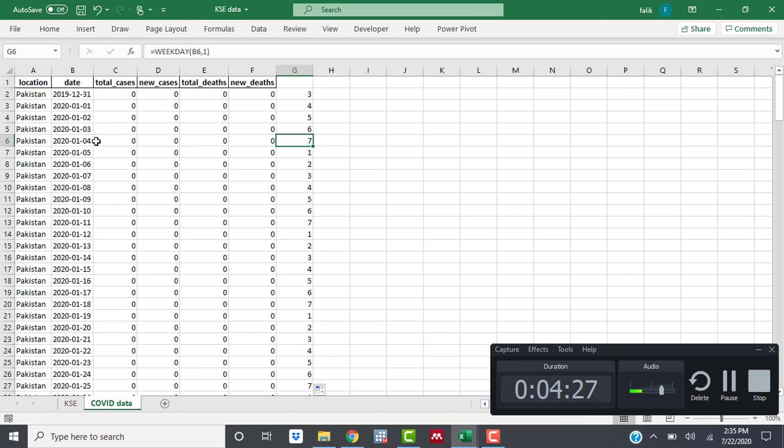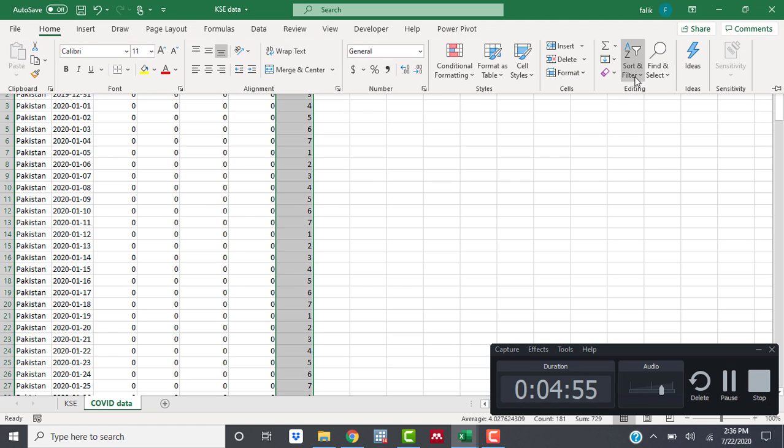We can see that the 4th of January is 7 and the 5th of January is 1, which means that 7 is Saturday and 1 is Sunday, but both of these values show the weekend. We can just filter them out.